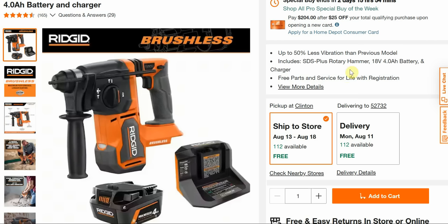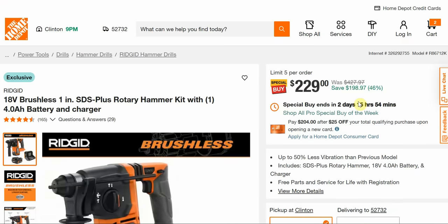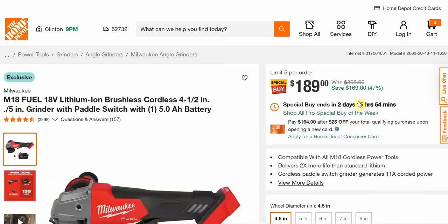Get your drill mode, your hammer mode, your drill and hammer mode. Doing it all with the nice big 4-amp-hour battery, which you generally probably do want a little bit larger battery on that guy. And again, that is a brushless tool as well. $427 down to $229. Then we got the Milwaukee M18 Fuel Brushless Cordless 4.5-inch grinder with paddle switch, coming with